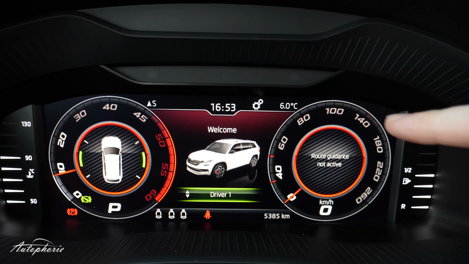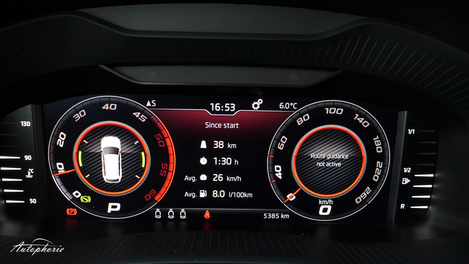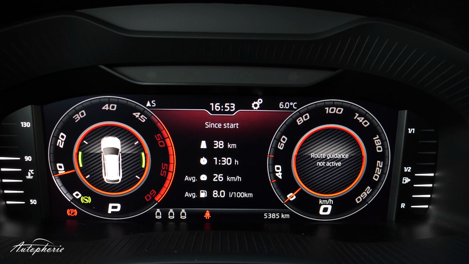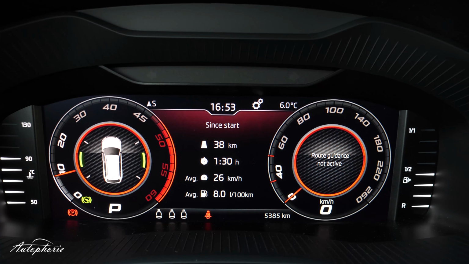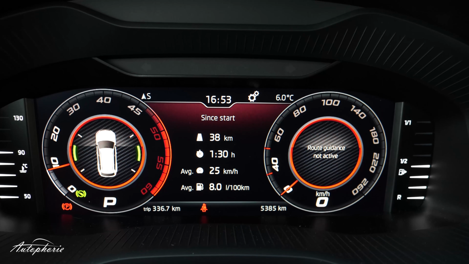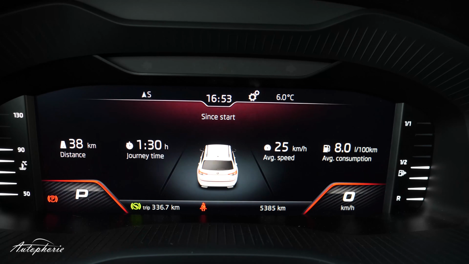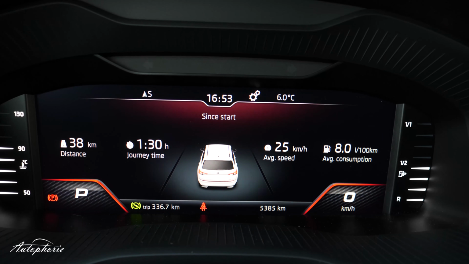As you may see, there are the red rings and the carbon look. This is special to the Kodiaq RS. We also have a fifth view of the virtual cockpit, which is also special to the Kodiaq RS and will probably not be seen in the standard Škoda or SEAT models. Now we're gonna go through the different views. This is kind of the standard, the original, the classic one. Then you get this one, which is actually quite nice.